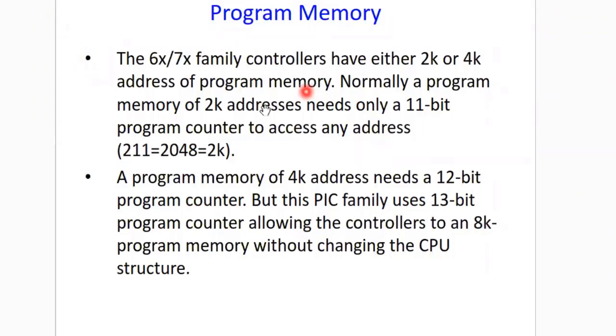In the same way, for program memory you have something called the program counter. We know the function of the program counter: it generates the addresses. Suppose you have 2 KB of memory, we need 11 address lines, so the program counter will also have a size of 11 bits. For 4 KB of memory, whether program memory or data memory, we need 12 bits in the program counter. Similarly, we can calculate for other memory sizes. That is given here.